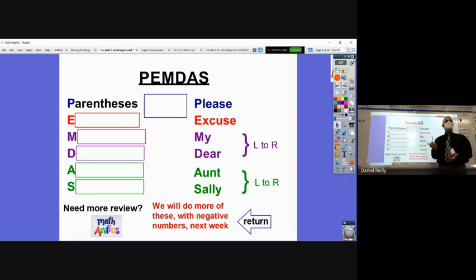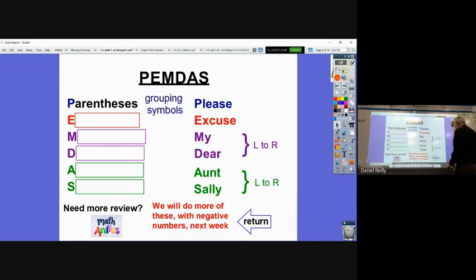Brackets, braces, absolute value signs, which we'll talk about today. All those things are called grouping symbols. It really should be grouping symbols. Anything that puts things together, you have to do what's inside of those things first. And inside of those, you follow the order for the rest of the order of operations. E is exponents,